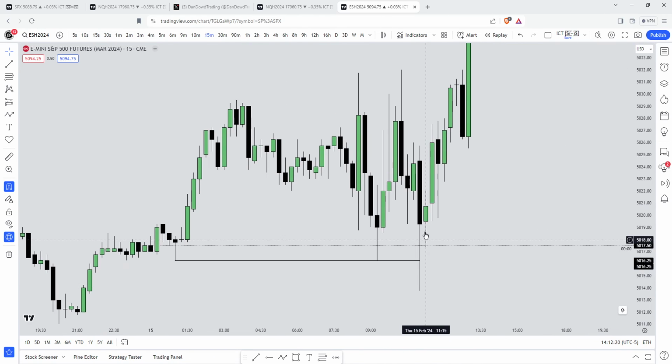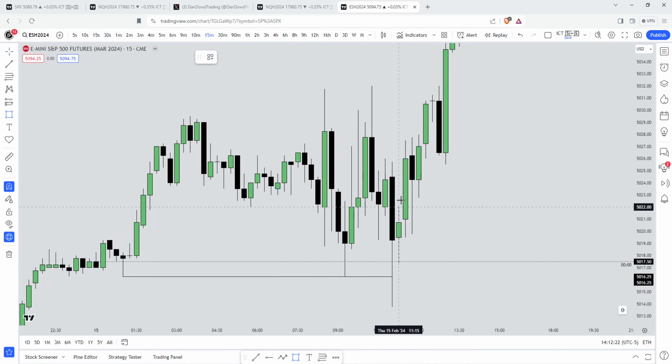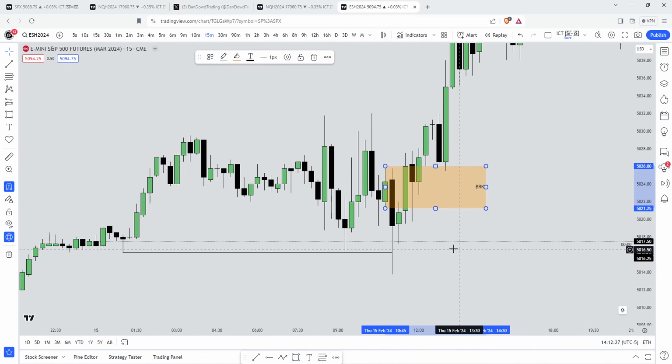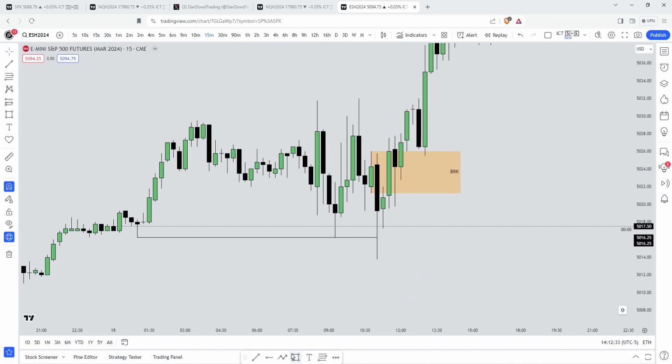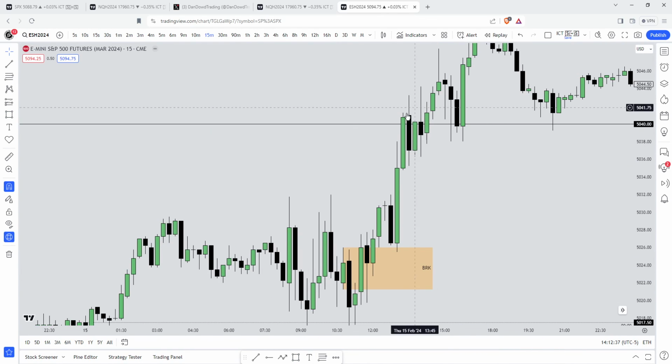Price takes out the sell stops, and then it creates this breaker right here. So this breaker is significant. Why? Because price has manipulated beneath that opening price. It's taken out sell stops, and the draw on liquidity is higher. So now this is likely to put in the low of the day right here until price has hit that draw